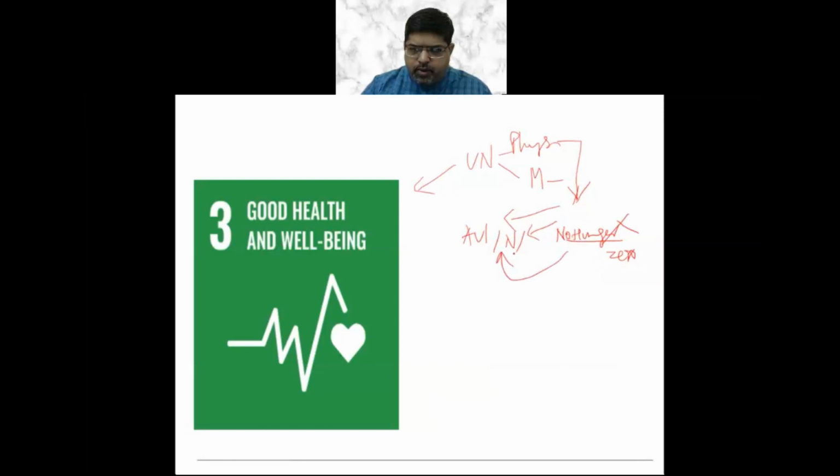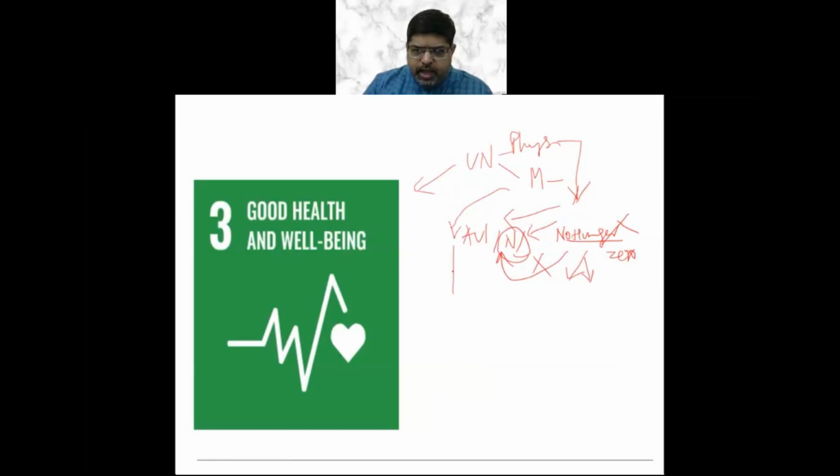Forget about nutritious food, even food is not available. So to counter that third goal, we need to achieve the first goal and second goal, and to achieve the second goal, we need to think about the first goal as well. On the contrary, if we talk about good mental and physical health, those who have food,